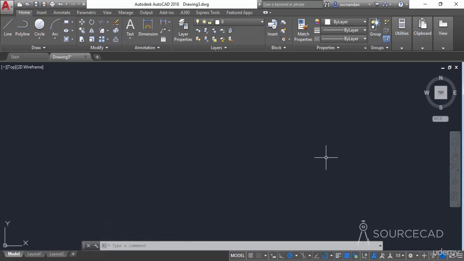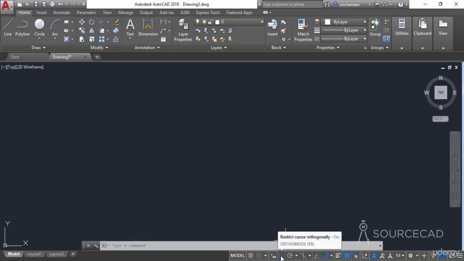In this video, I will tell you about the polar and ortho mode of AutoCAD. On the status bar, you'll see this ortho mode, and you can turn it on by pressing the F8 key on the keyboard. So let's click on this ortho mode, and when you click on it, you'll notice that the polar tracking will automatically turn off.